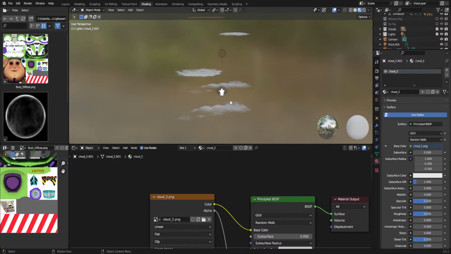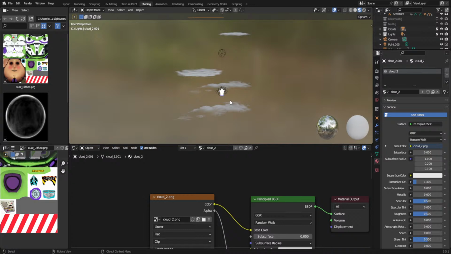When I learn Houdini, probably I can import or make it in Blender, but for now